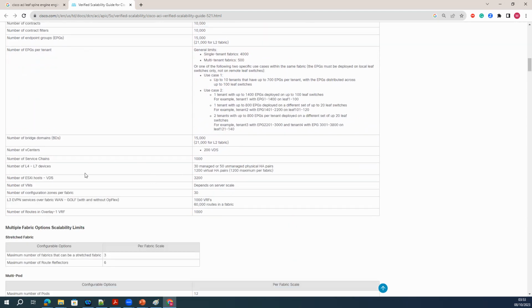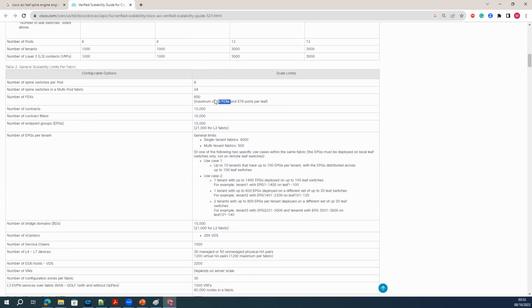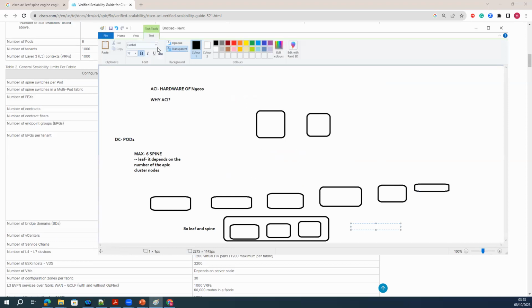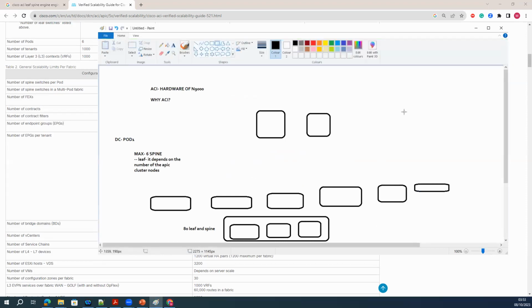And what is this FEX? This is the Nexus 2K Fabric Extender. Okay. Usually what happens is in the legacy infrastructure, we have Nexus 3K, 5K, 7K, right? And we used to purchase port extensions.